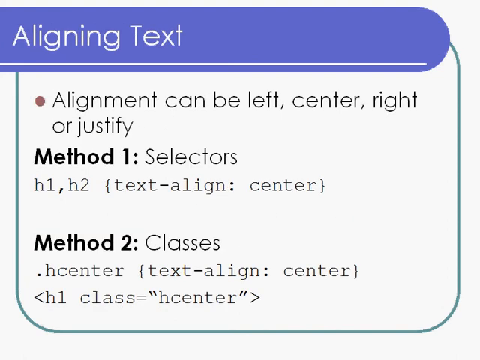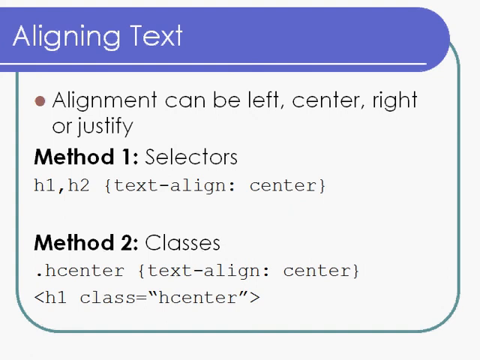Aligning text. Alignment can be left, center, right, or justified. Method 1 with selectors. This is what's called a group selector, H1, H2, because it selects a group of tags. Each tag is separated in the group by a comma. That's why it's called a group selector. So H1, H2, the header 1 and header 2,